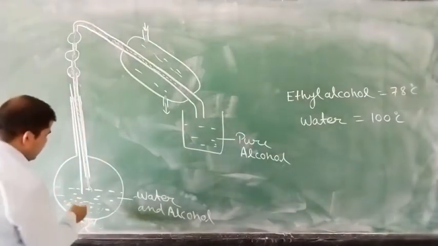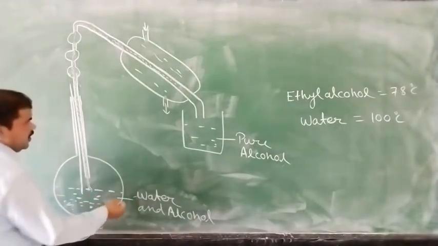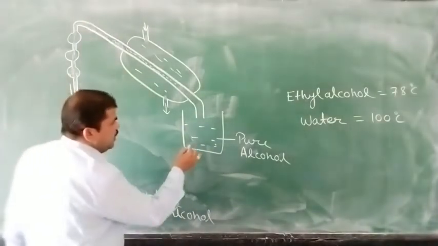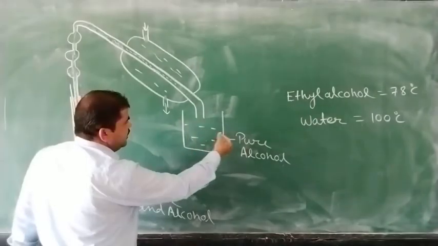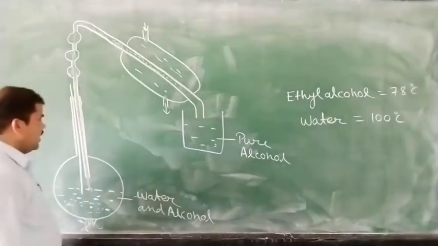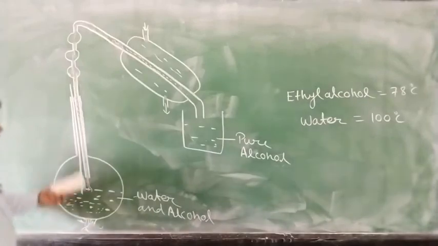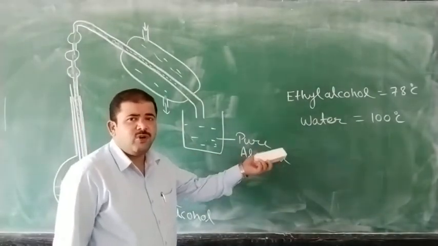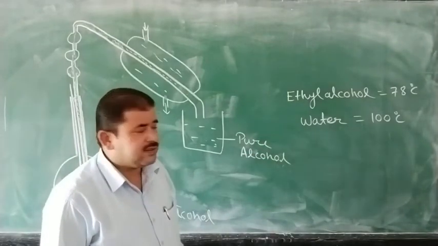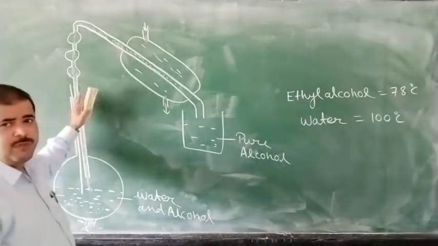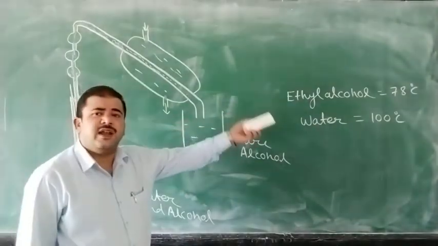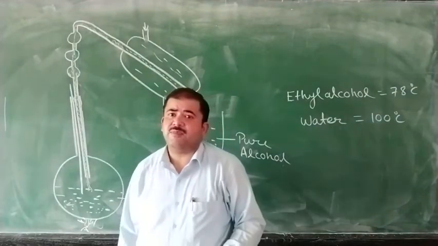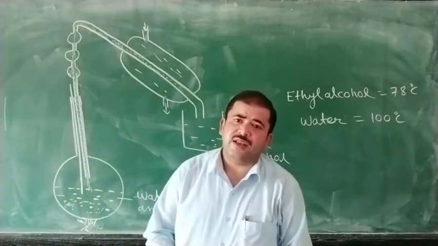And here water is present, meaning water remains in the distillation flask, and the alcohol we will collect in another utensil. In the same manner, if we then raise the temperature to the boiling point of water, 100 degrees Celsius, the water will change into vapor form and we can collect it in another container. So by this method, we can separate the alcohol and water into separate containers.